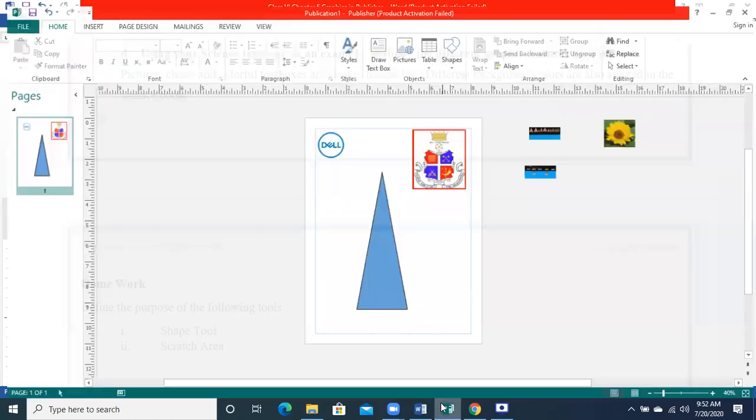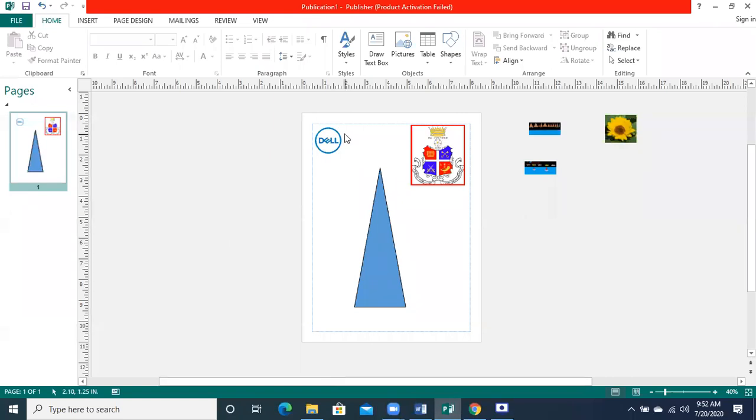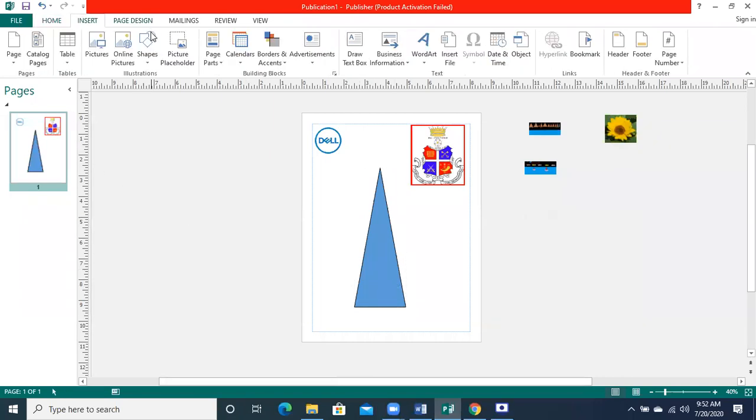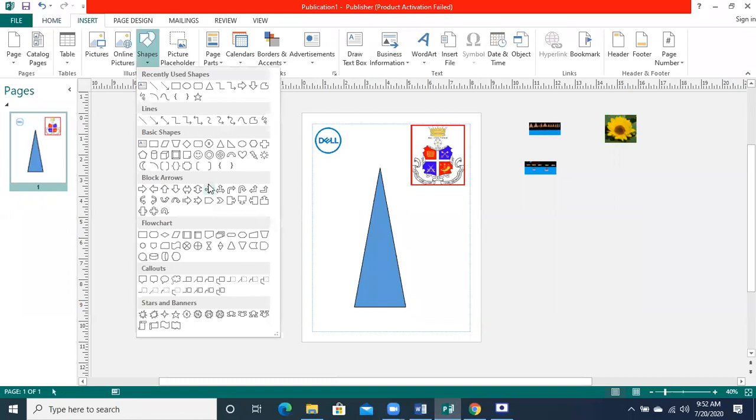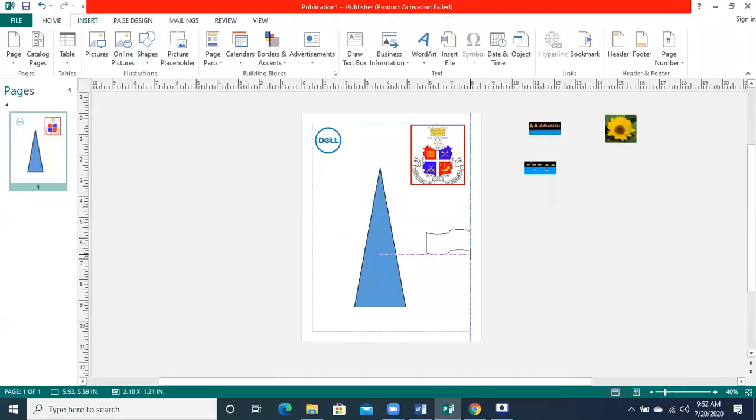Means the gray area, the area outside the publication work. This is called scratch area. And shape tool, you know about it, so you have to write about it. Shape tool is used to draw different kinds of shapes in your publication.